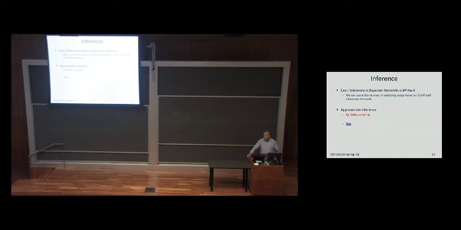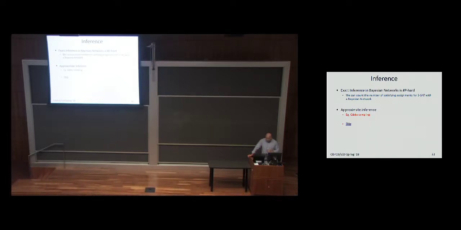Still, it's an industry in the sense that you can find good packages. There are good algorithms. There's a lot of improvement that happened over the last 2 decades in this, and there are competitions. So if you really need to do this, you can find a package that does it. A lot of people, though, resort to approximate inference. There are multiple ways to do approximate inference. The most common one is something that is called Gibbs sampling.